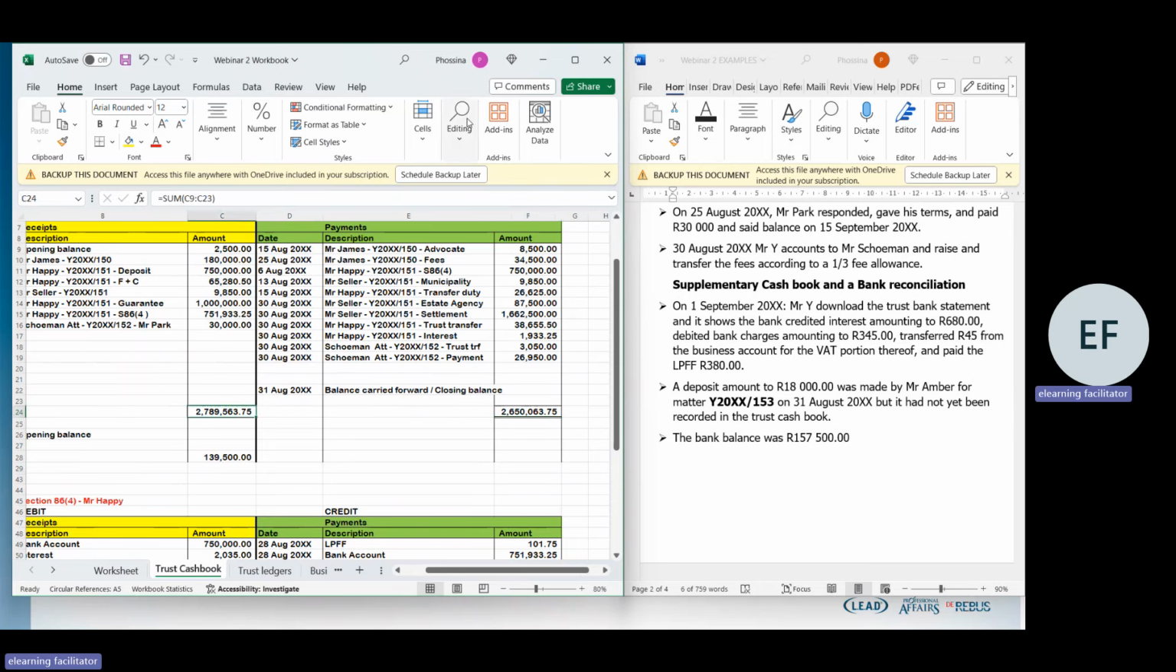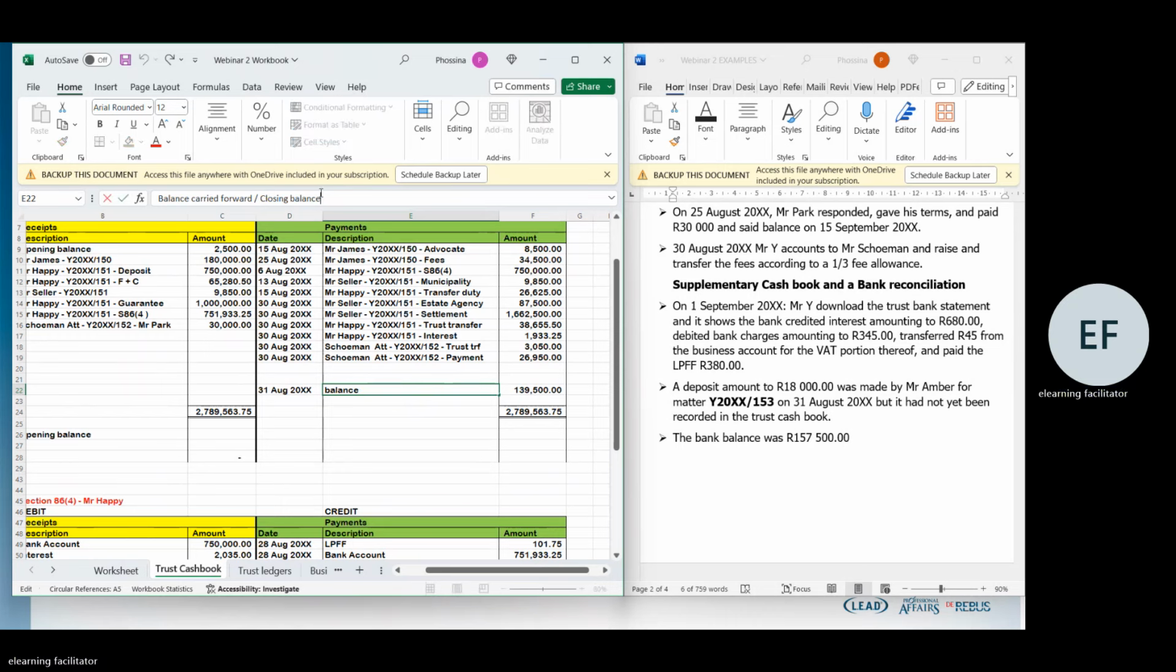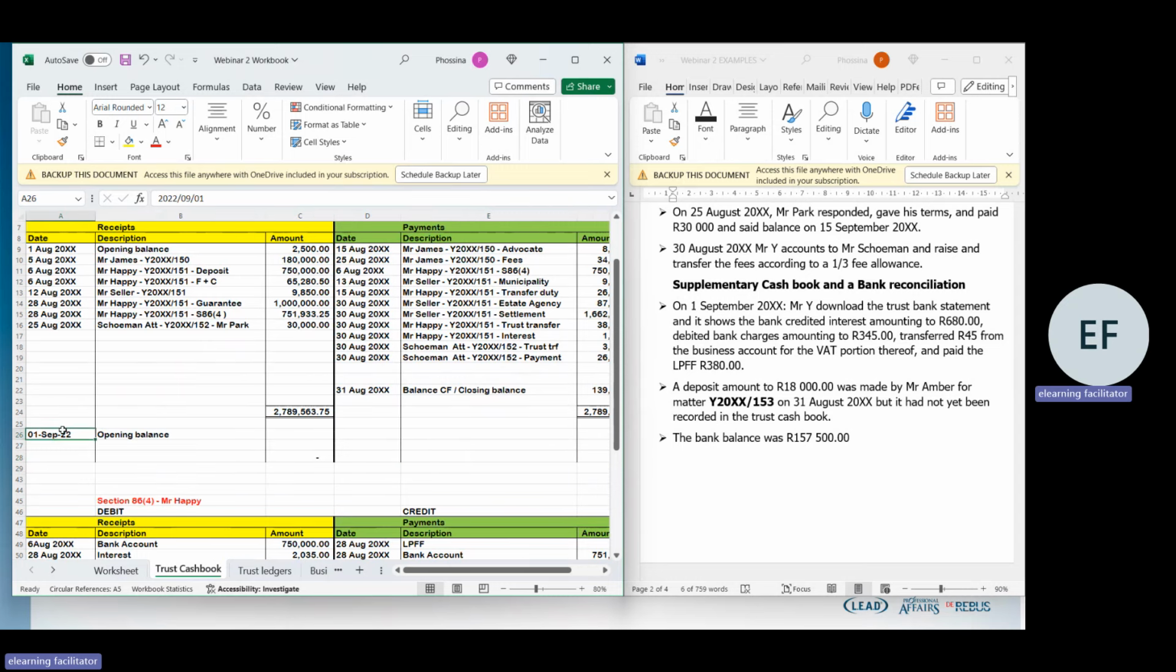Then here we add up, and this is the bigger side less the smaller side. We get 139,500. So in our trust account, we are sitting with 139,500. Okay, this is the end of the month. We have balanced our cash book. So this is our carried forward, or our closing balance, which will come as our 1st of September